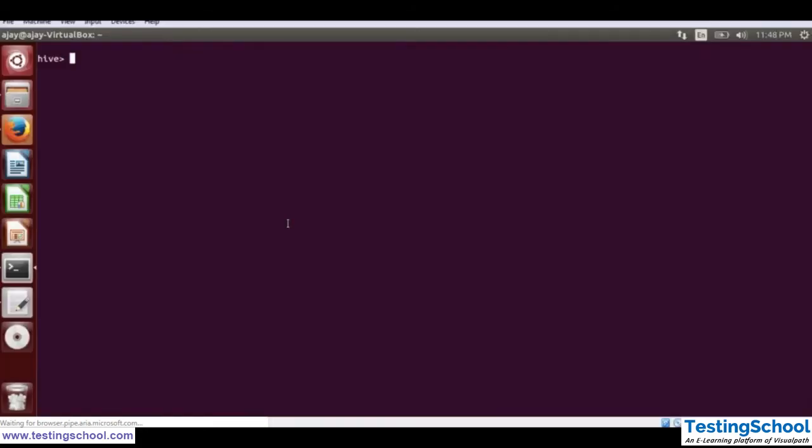So this is my Hive terminal. I have already opened the Hive session on this. You first need to create a query to execute the Hive indexes. So the first thing is we need to create a particular table so that we can use an index on that table and verify how it is used in Hive.